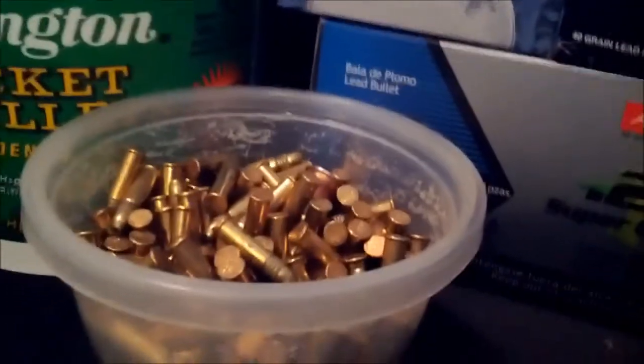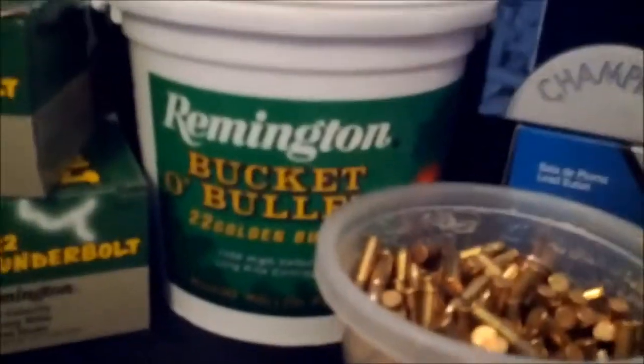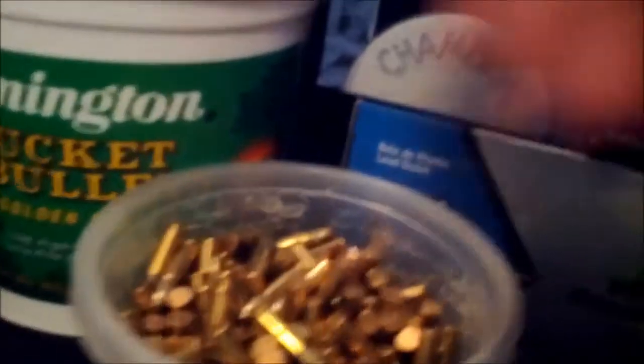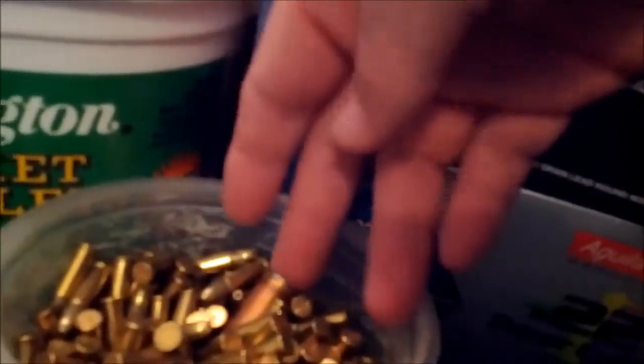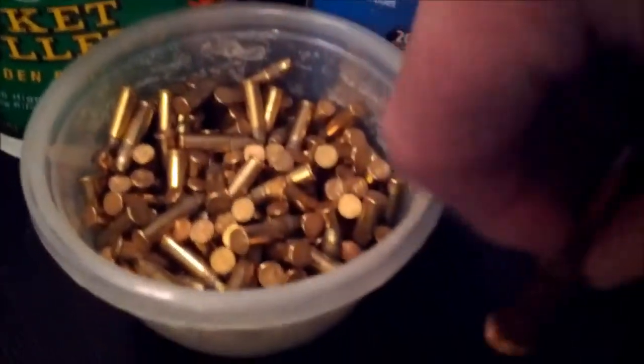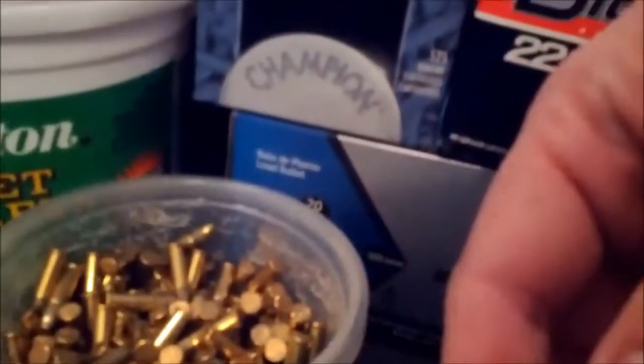These are jacketed hollow point Remington Bucket O bullets. It says that they are the golden bullet style. Pretty nice. That's a little bigger than the standard 22 round there. I think that's a 22 Magnum. Yeah, 22 Mag silver. Well,